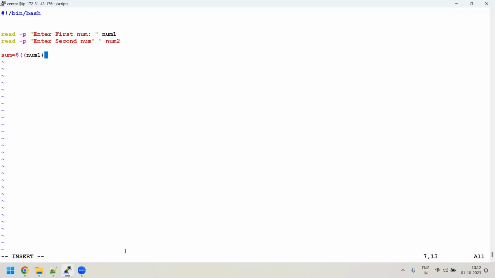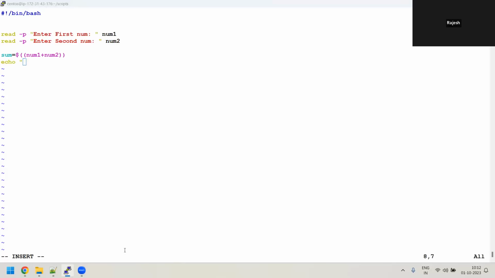So guys, it is highlighting in some color. So there is some syntax error. What is the syntax error, guys? Here you have to use double quotes twice. Yeah, like this. And then I'll say echo, what is it? The addition of